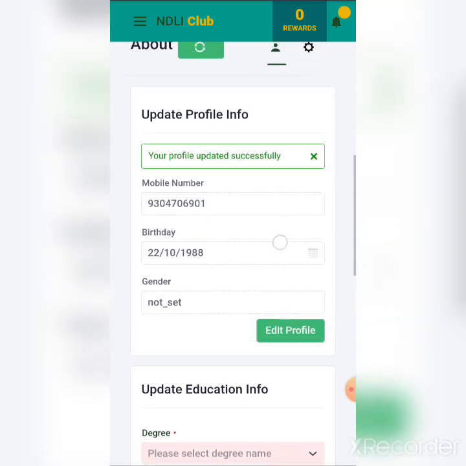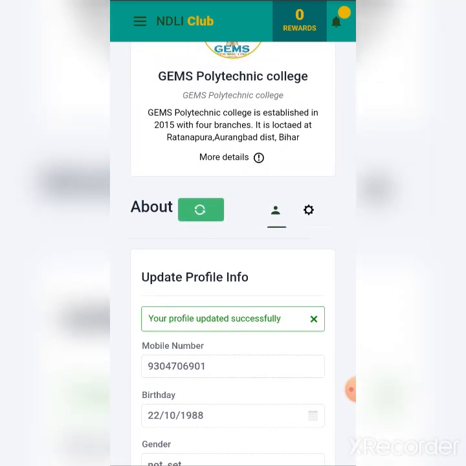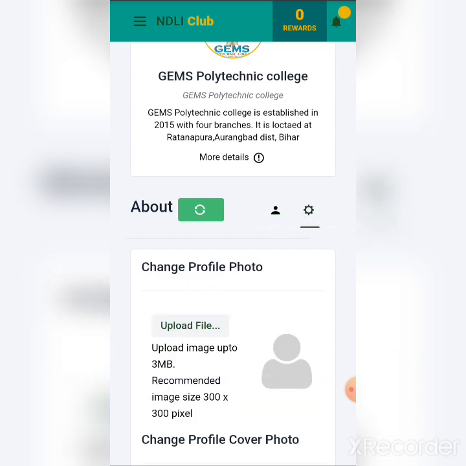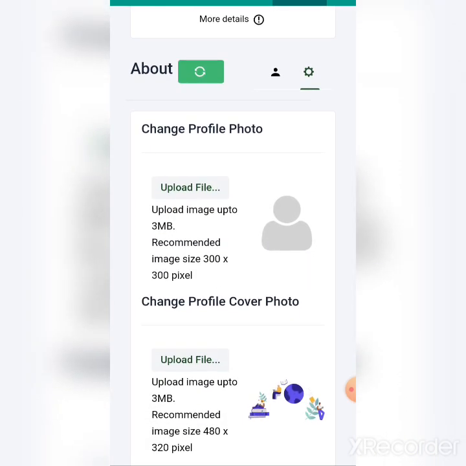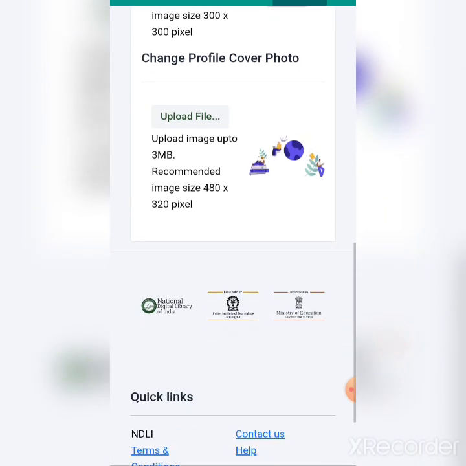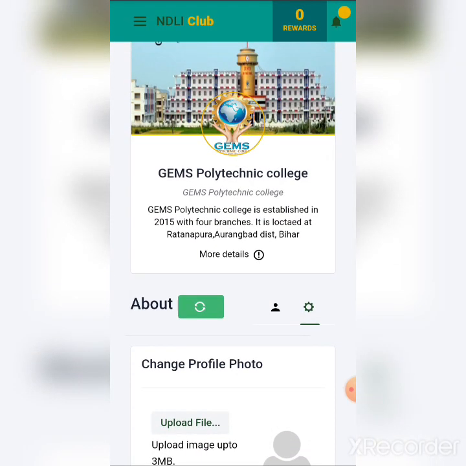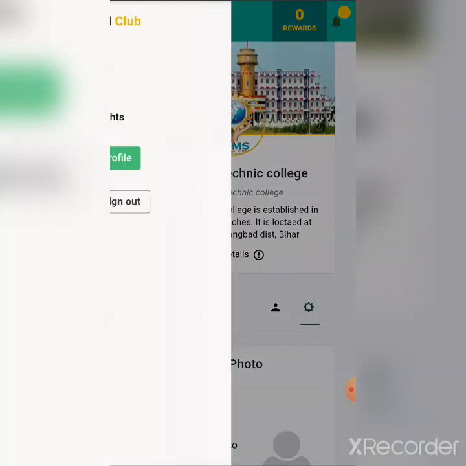If you want to add any other, you can add. Here the profile photo page is there. If you want to add a profile photo, you can add your profile photo. Okay, so this is how you have to join.